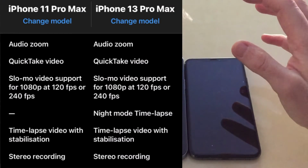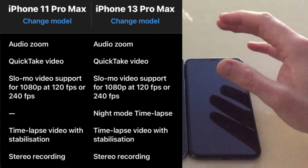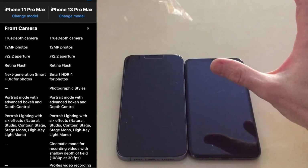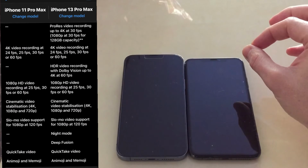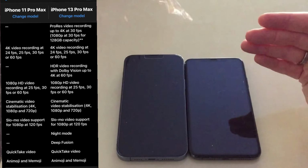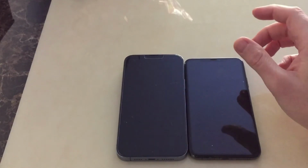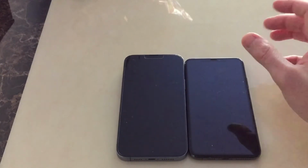But one thing that's still on the downside of the camera is that there's no astrophotography, which I think everybody wants, because who doesn't like to see a beautiful big moon and then try and take a picture of it and all you get is a tiny little pinprick and it's rubbish. Apple haven't managed to sort that out. They've not added that. They've just mainly concentrated on macro, which is brilliant to zoom in on things like little bugs, eyes, your own eyes, that is, not the bug's eyes, bricks, blades of grass,